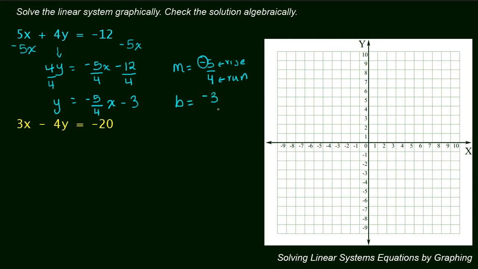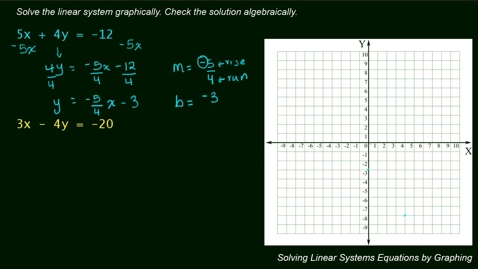This is where I'm going to start my graph, at y equals negative 3. Here's my y-axis. I'm going to go all the way down to negative 3 right over here. And this is where I start my graph, going down 5 since it's a negative slope. 1, 2, 3, 4, 5, and over 4. Going to create a line that goes up,